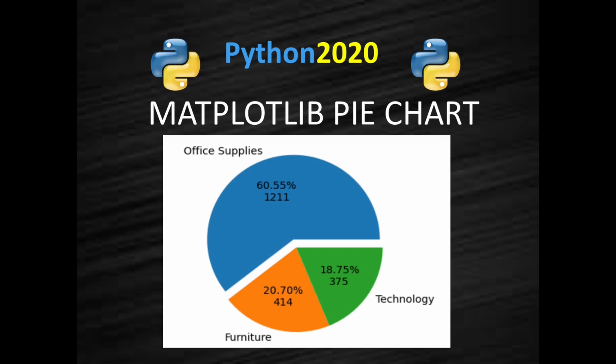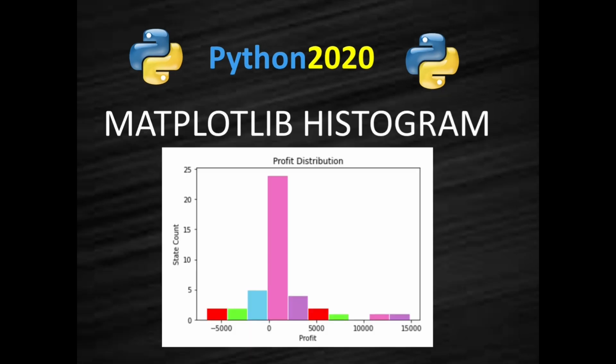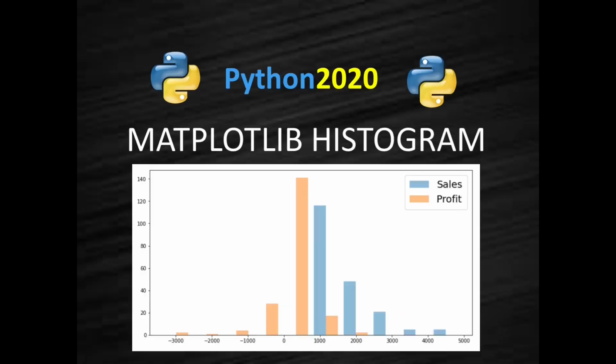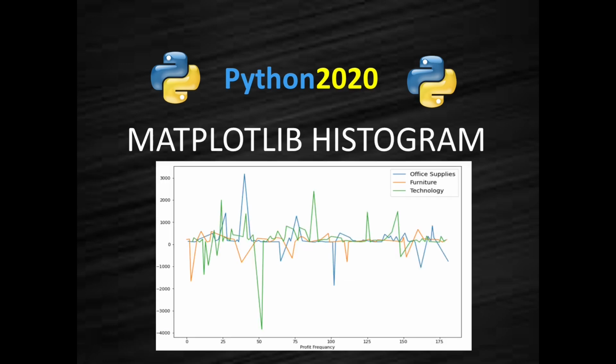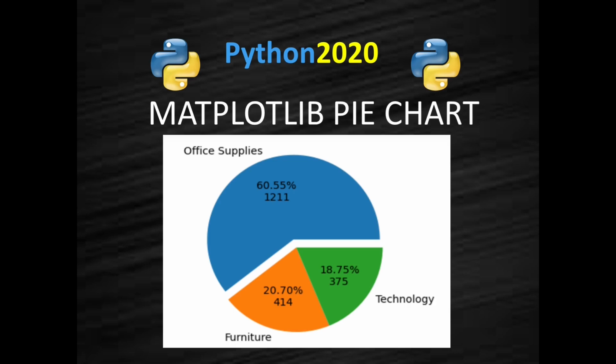Alright, before I go ahead, let me show you what we have already covered on this YouTube channel about Python matplotlib. This is the first video of bar chart which we have already done, and I have done one video on histogram, and then one video on the histogram using multiple column values, and then line plot also I have covered, and then this line plot plus bar plot we have covered. And today this is the topic, how to create pie chart.